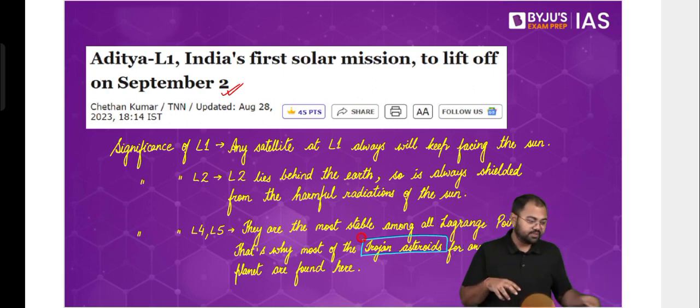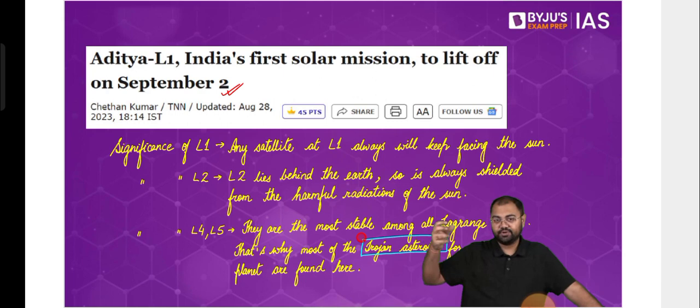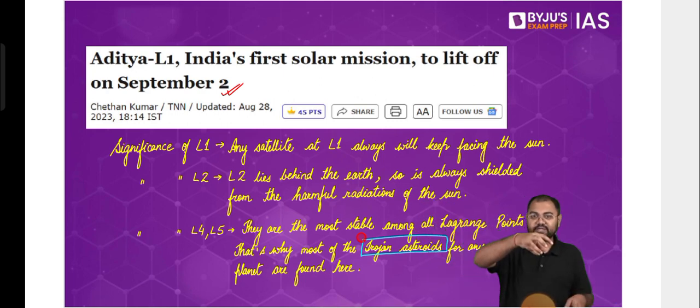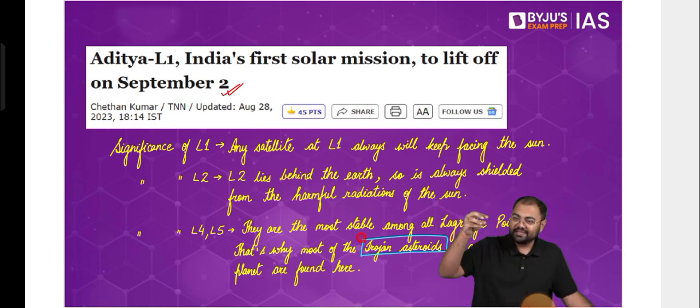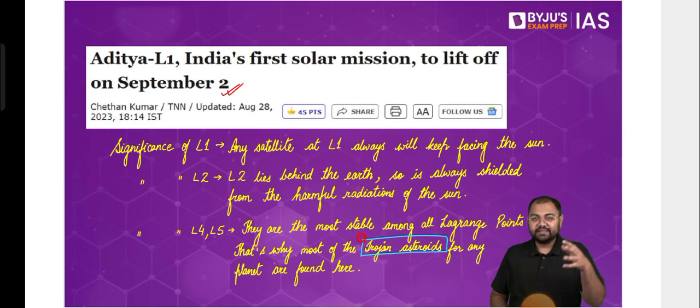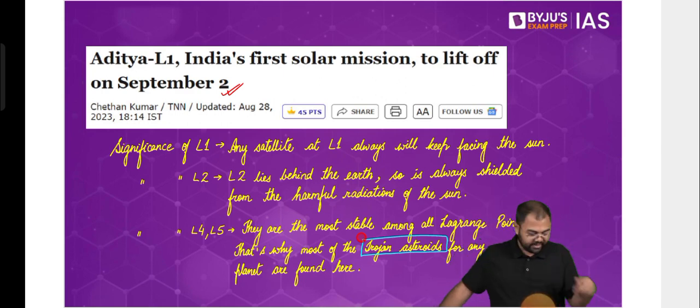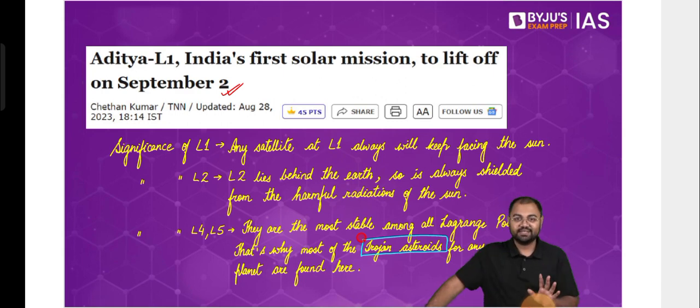So a lot of asteroids might sometimes come out of the asteroid belt, and while they are traveling somewhere, they might come to the L4 point or to the L5 point. And if they come to L4 or L5 point, they will just remain stuck here, and they can remain stuck for years. For example, the estimates that we have for the Earth Trojan asteroids is that they will remain here for the next 10,000 years. For the next 10,000 years, this is their destination. They're going to relax here, and then after that, probably move on from here.